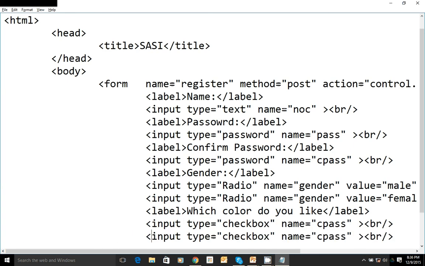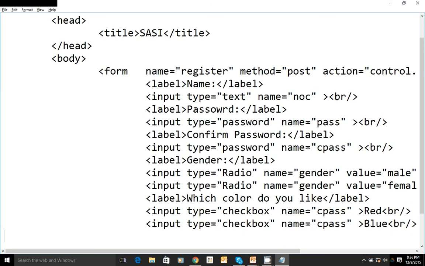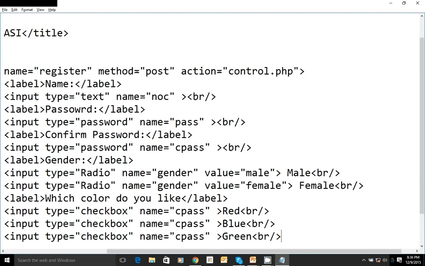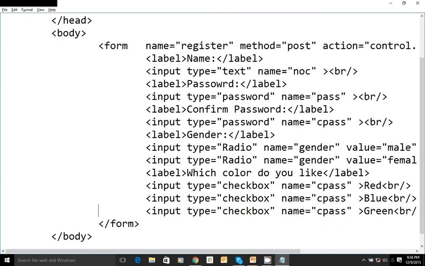Input type equal to checkbox, value of the checkbox is say red, blue, input type equal to checkbox, and of course green. That's it.